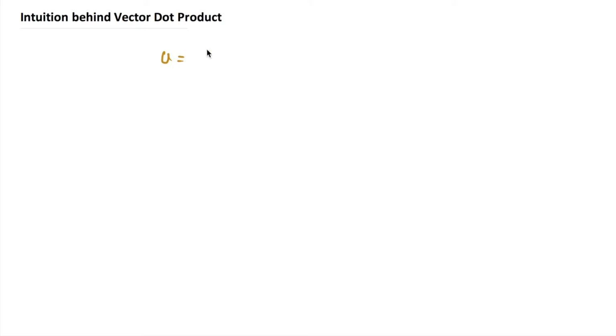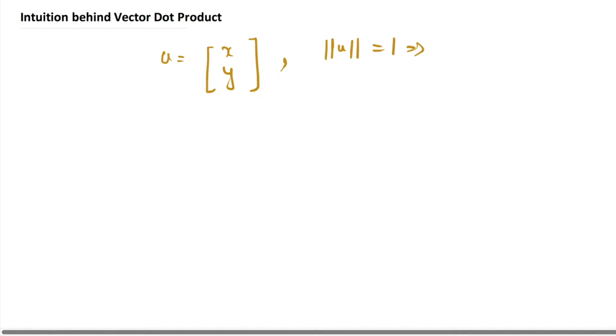So let u be a vector in 2 dimensions, which is starting from 0. And further, let me put a constraint on the length of the vector: the length of the vector u has to be equal to 1. So this means that under root x square plus y square will be equal to 1, and this would imply x square plus y square equal to 1. And some of you might have already recognized that this is an equation of a circle, and if not, bear